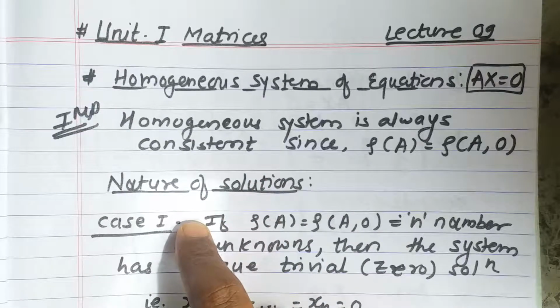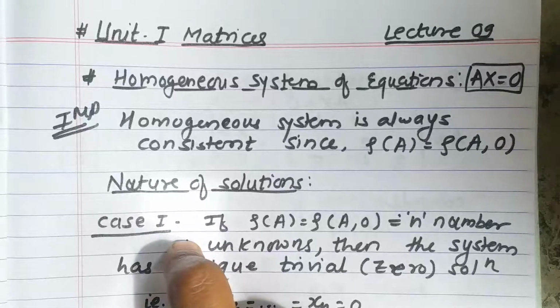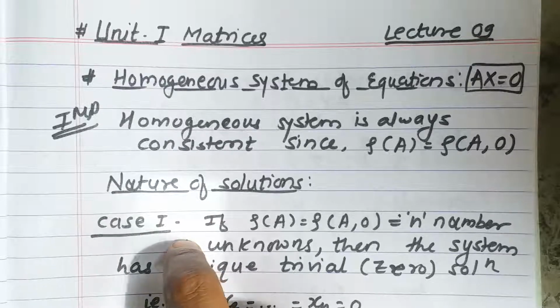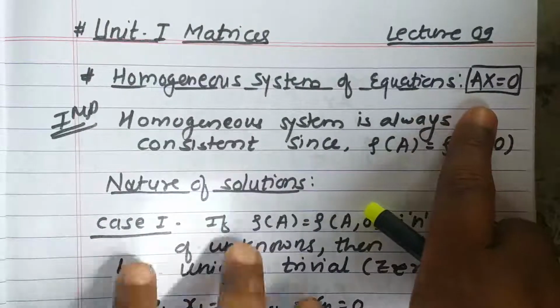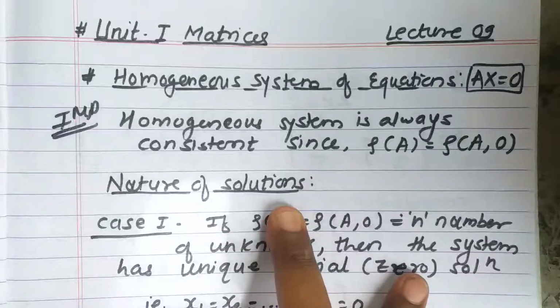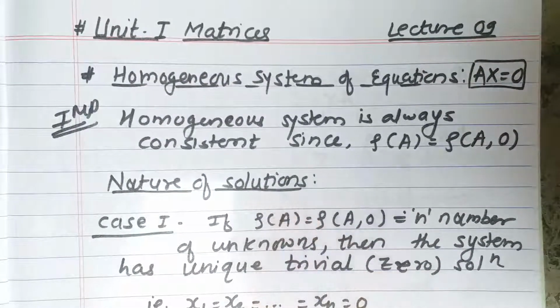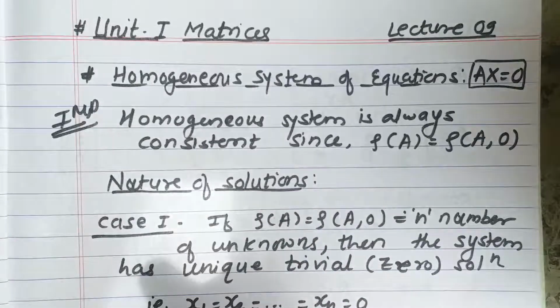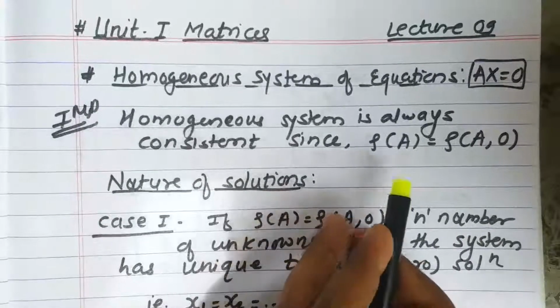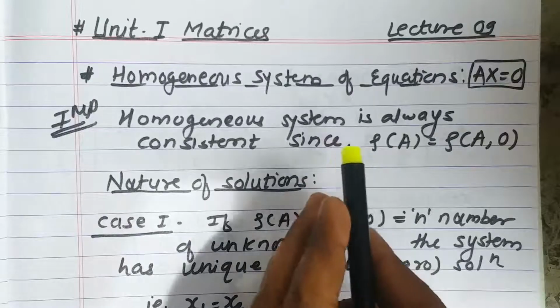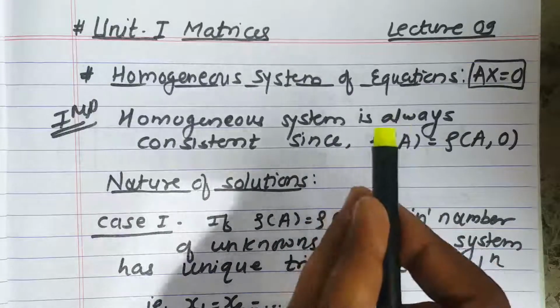In the consistency of system of linear equations, we have already discussed the consistency of homogeneous system of equations. We have this form of homogeneous system in matrix form: Ax equal to 0, right hand side will be 0, meaning the column matrix B will be equal to 0. Okay, one more thing we have discussed already: homogeneous system is always consistent, meaning they always